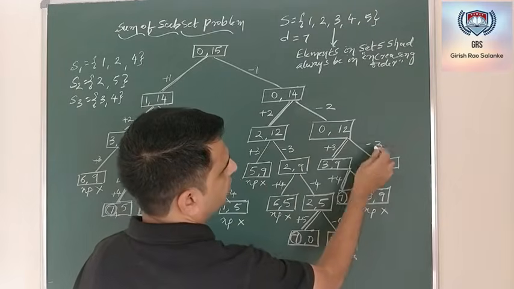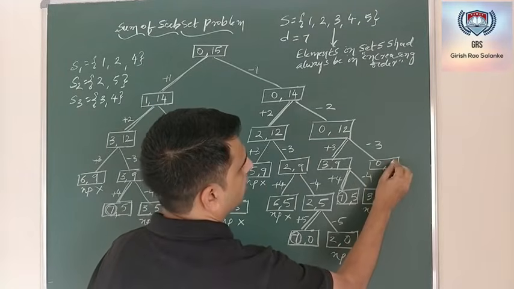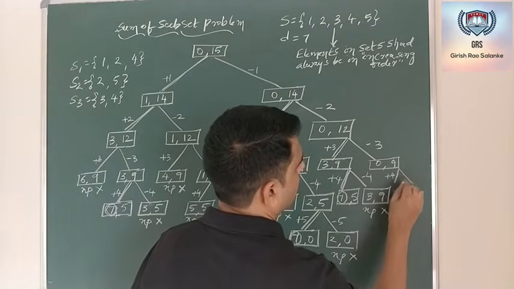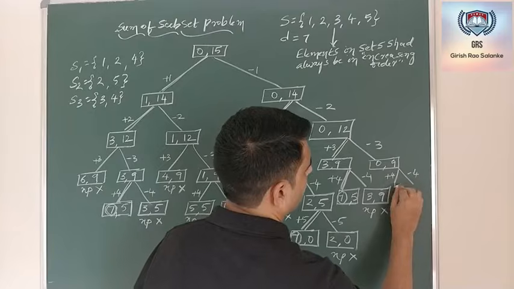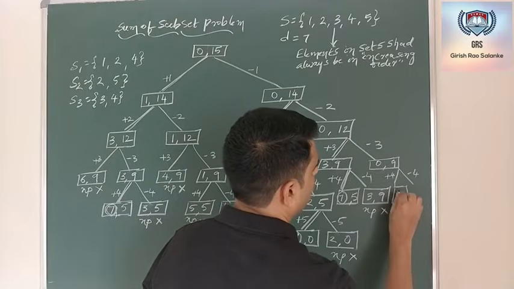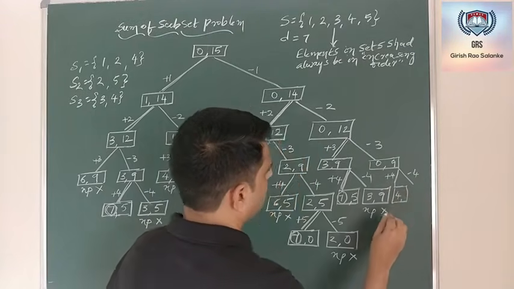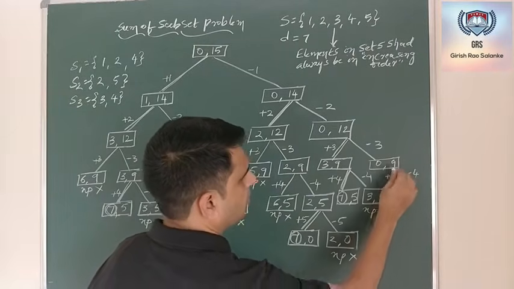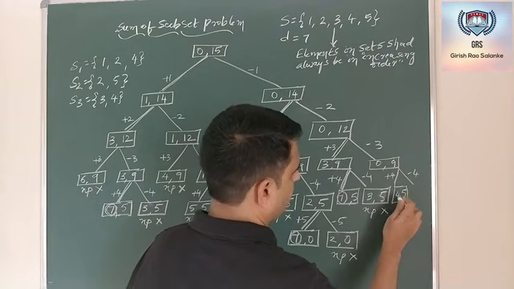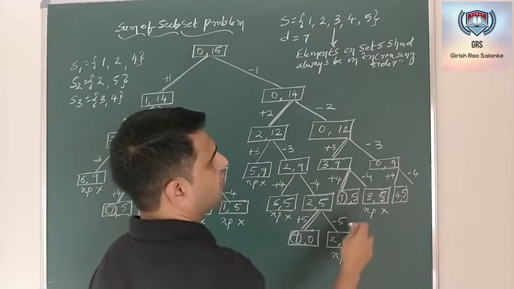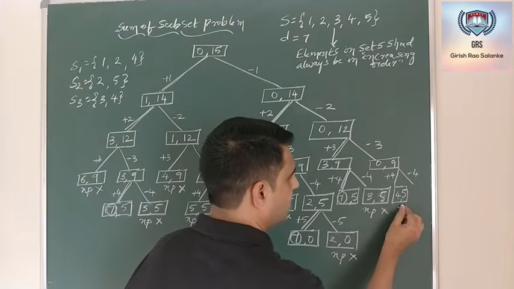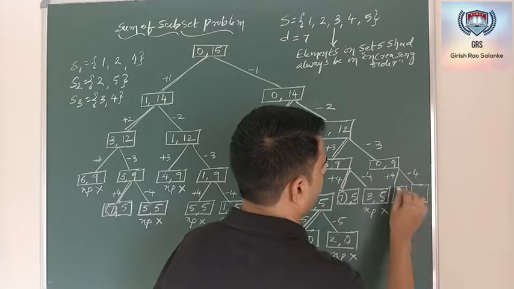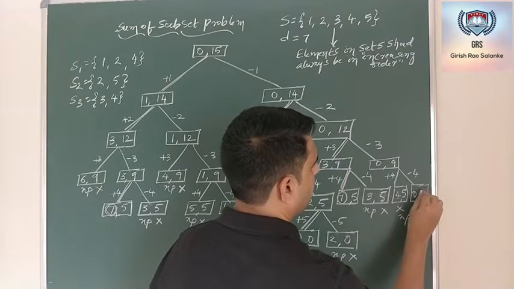Go here. So this will be 0 minus 3 as 0. 12 minus 3 as 9. Now which is the next element? Next element is plus 4 and minus 4. Plus 4 is, I got 4 and 5. This was also 5, sorry. Now 4 plus next element is 5. 4 plus 5 is 9, which is greater than D. It is a non-promising node. Stop. Now this one 0 plus 0 and 4 is 0 and 9.